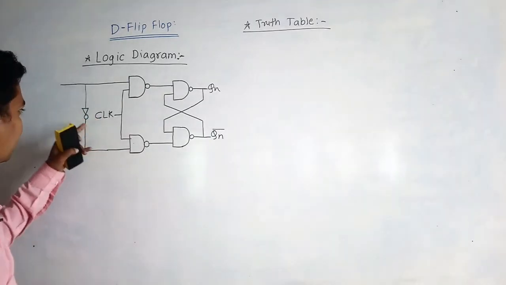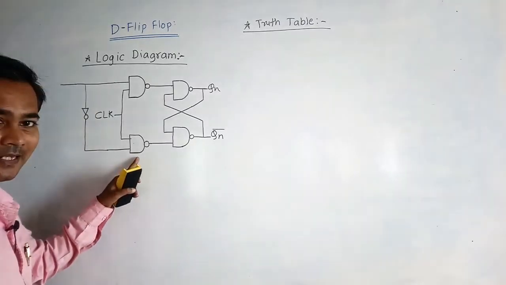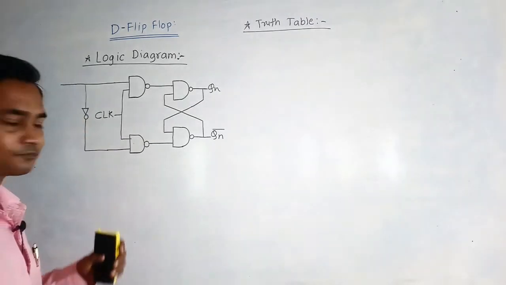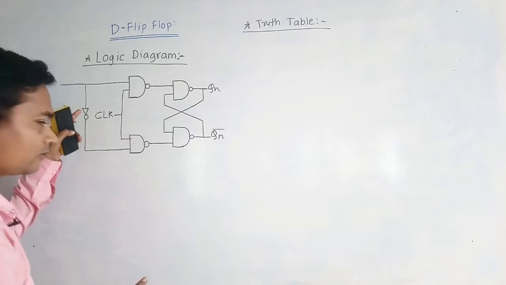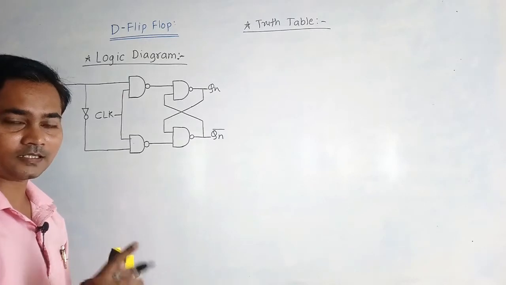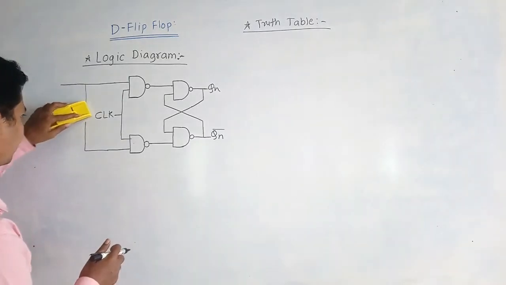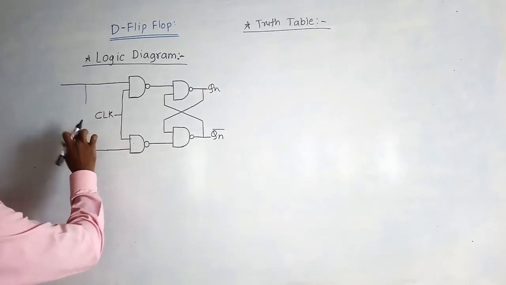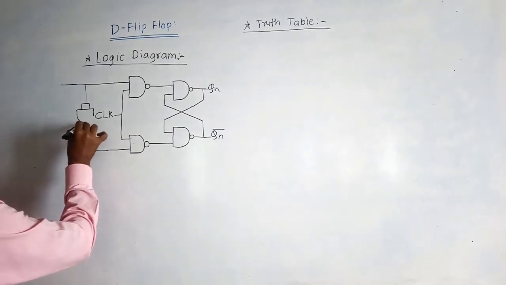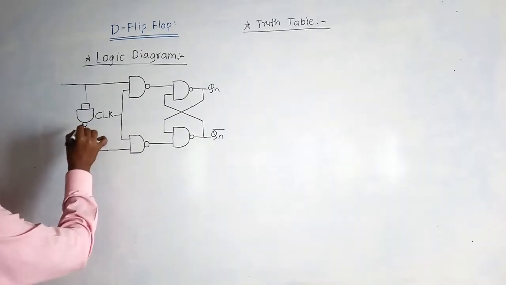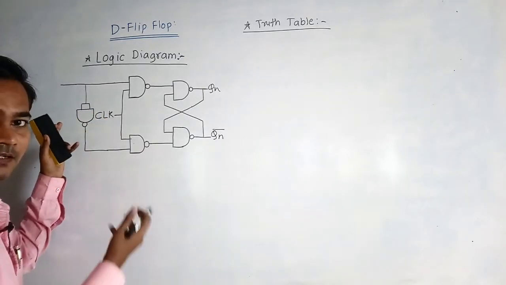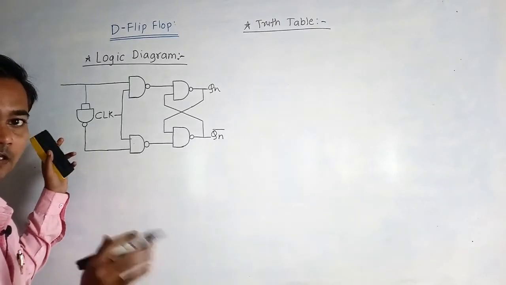you can give the complemented input to the second NAND gate. Or instead of using this NOT gate, you can form this NOT operation using a NAND gate or a NOR gate, but the input should be shorted. Like this. So like this also you can form the NOT gate. Or instead of this NAND gate, you can use a NOR gate also, which will act as a NOT gate.